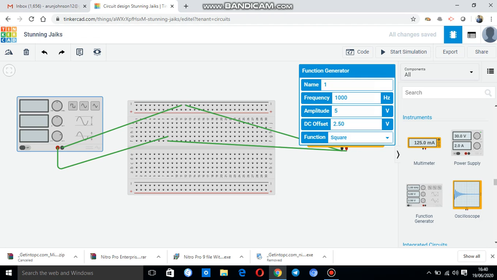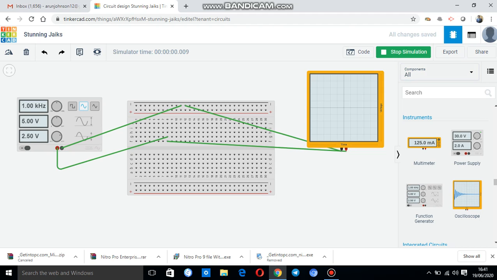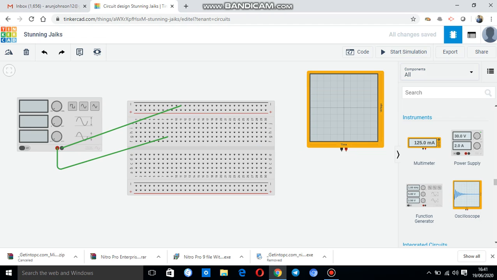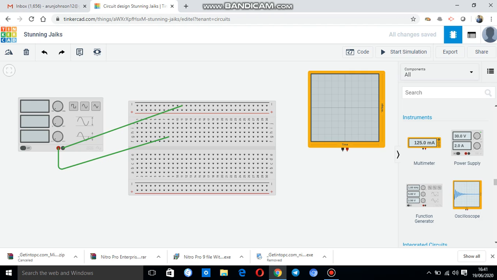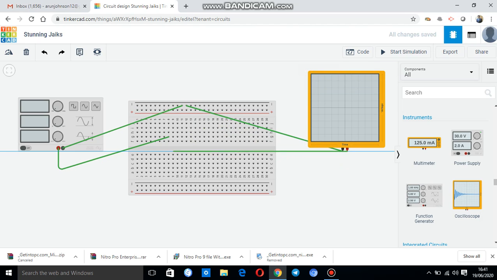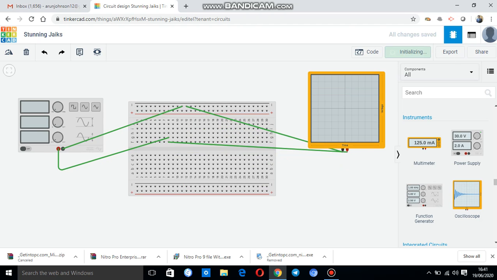In this function generator, by default we have the input values frequency, amplitude, and DC offset. If you want to change to a sine waveform, you can change it to sine, and now start the simulation.